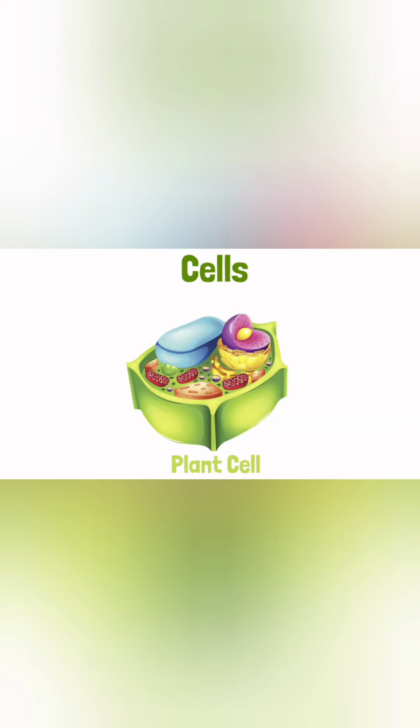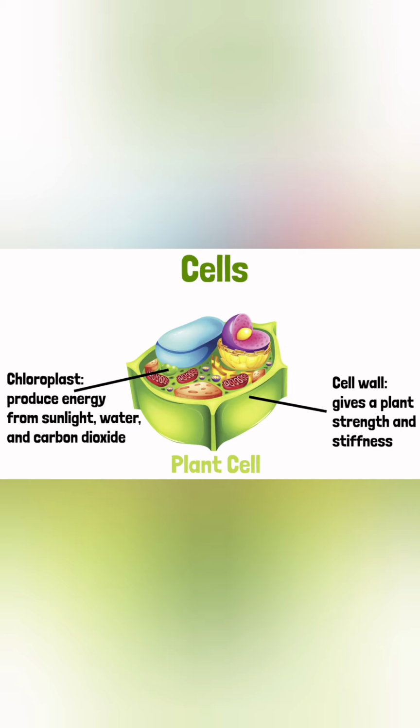Plant cells are very much like animal cells. They also contain organelles such as nucleus, cell membrane, cytoplasm, vacuoles and mitochondria. In addition to these, plant cells have other important features like the cell wall, which gives a plant strength and stiffness. The cell wall is a rigid coating round the outside of the cell membrane. It helps the plant cell keep its shape. Chloroplasts contain a green chemical called chlorophyll. This is the chemical which enables green plants to use the sun's energy to make their food during photosynthesis.